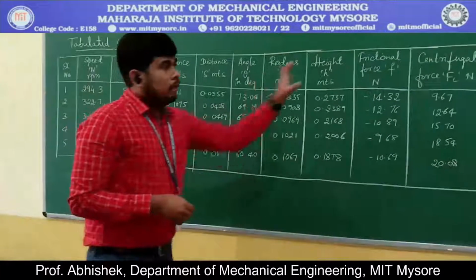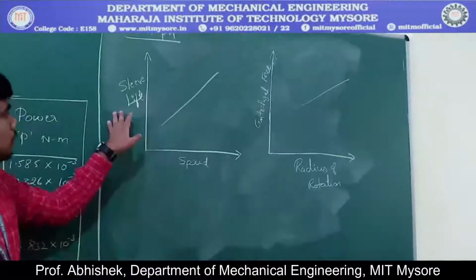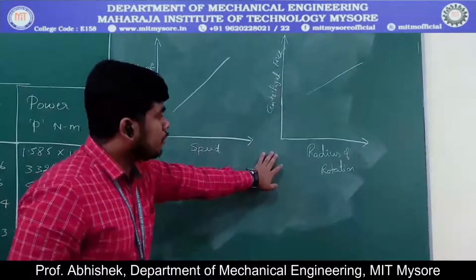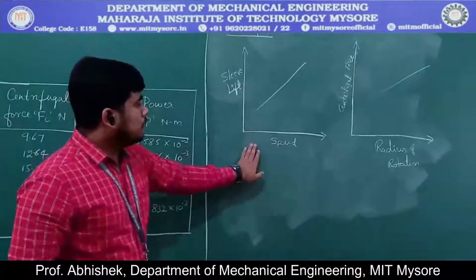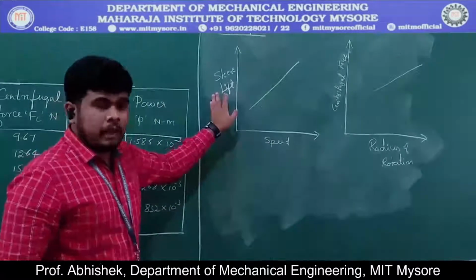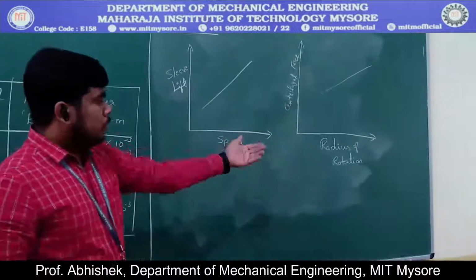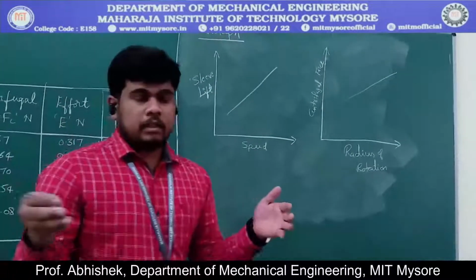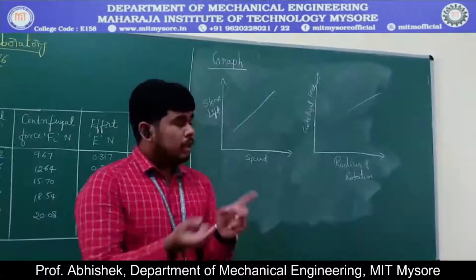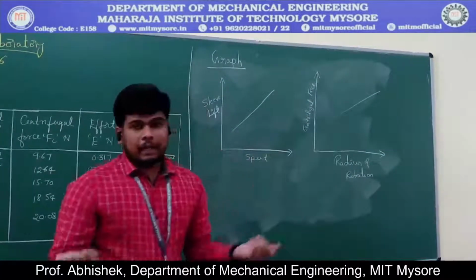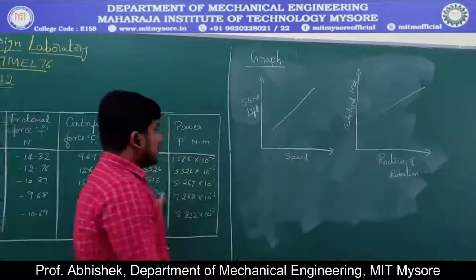So from this, we can plot a graph over here. One is speed versus sleeve lift, and one more is radius of rotation versus centrifugal force. See, in this graph, as the speed increases, sleeve lift also increases, and here also, as the radius of rotation increases, as the balls fly outward from the axis of the governor, the centrifugal force also increases. So that is the output of this graph. So from the readings we can plot the